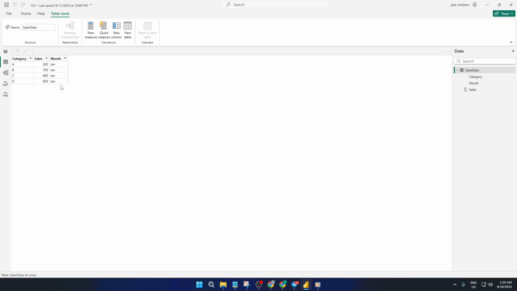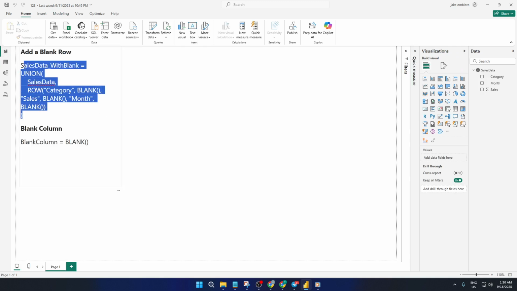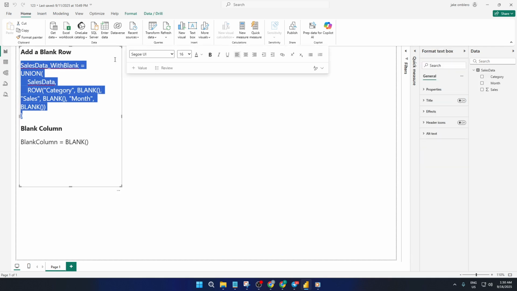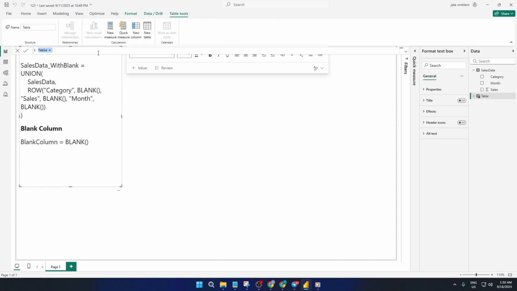Okay, here's the first important part. Power BI doesn't let you just click and insert an empty row directly inside a visual. It's not like working in Excel, but there's a clever workaround for this. What we're going to do is create a new table that combines your actual data with an extra completely blank row at the bottom. This simulates having a blank row right in your visual, even though Power BI doesn't officially support this. To set it up in Power BI, head over to the Modeling tab at the top and click